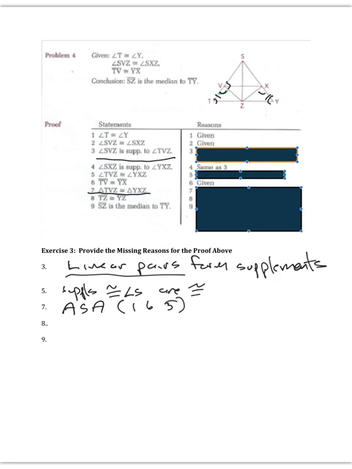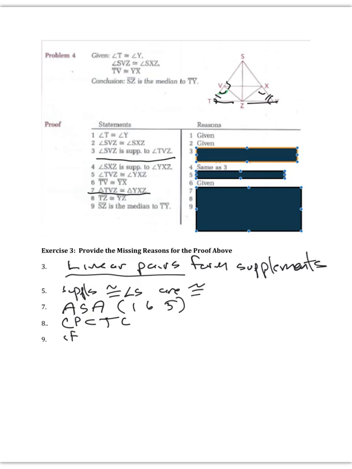And then 8, now we can say that TZ and YZ are congruent, and the reason would be CPCTC. Congruent, corresponding parts of congruent triangles are congruent. And then for 9, now we can say that SZ is a median, and we can say the reason is